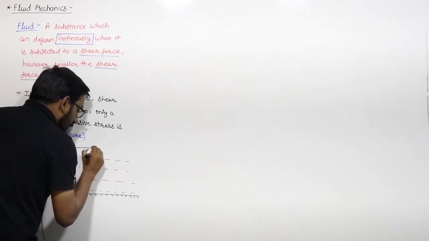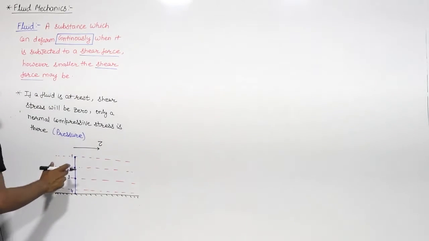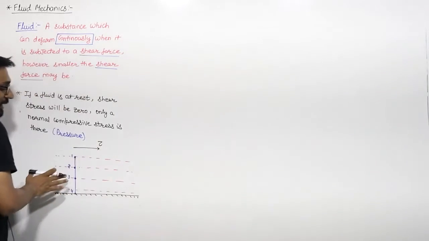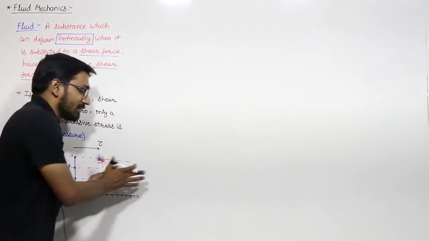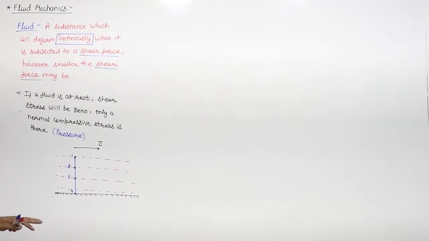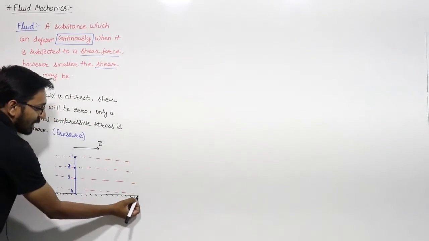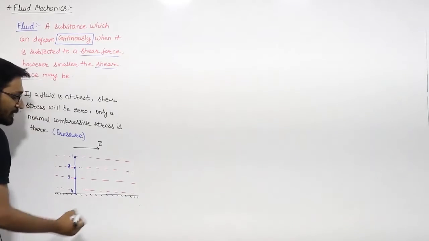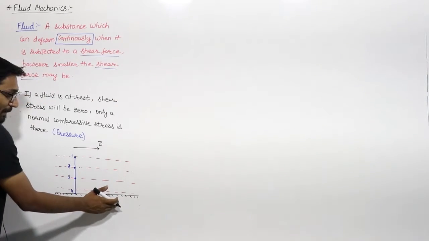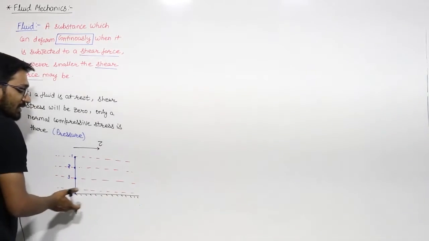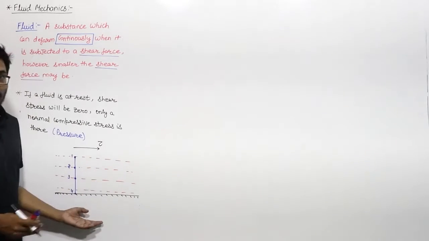When I apply a shear force, or shear stress, which we can represent with the help of the letter tau, in this direction, then this fluid will start moving, or start flowing in this direction. We will study it later also, that this layer is the layer adjacent to, or in contact with, this solid surface. The layer which is in contact with this solid surface will achieve the velocity of this solid surface,